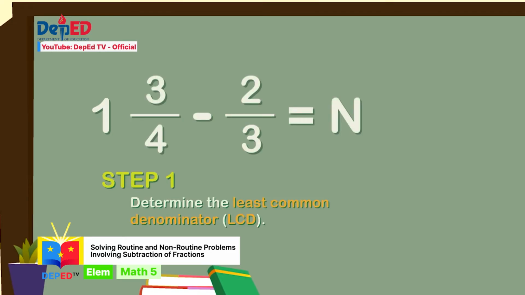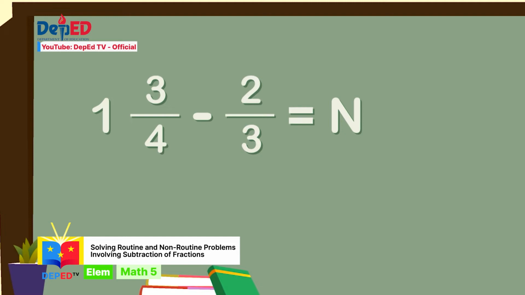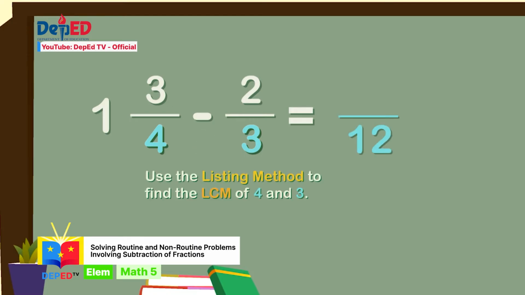Step 1. Determine the least common denominator. The denominators of 1 3/4 and 2/3 are 4 and 3. Simply multiply 3 by 4. We get the product 12. To check if 12 is indeed the least common denominator of 4 and 3, we can list down the multiples